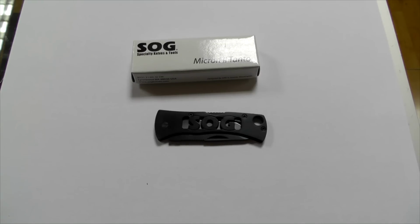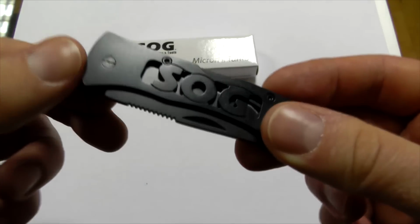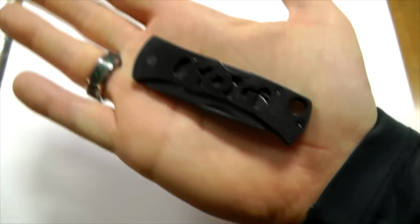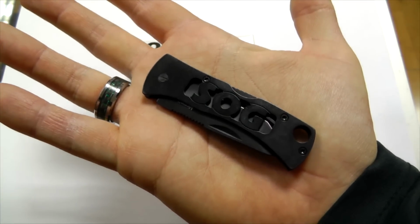So, do you like small knives? This here is the Micron II made by SOG, and it's intended to be carried as a keychain knife. As you can see, it's very small, fits easily in the palm of my hand,